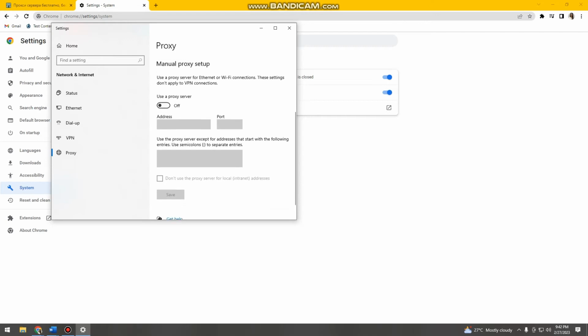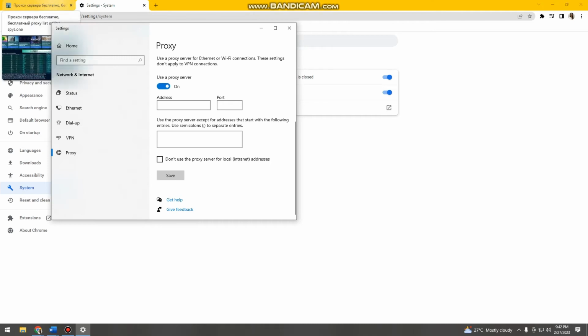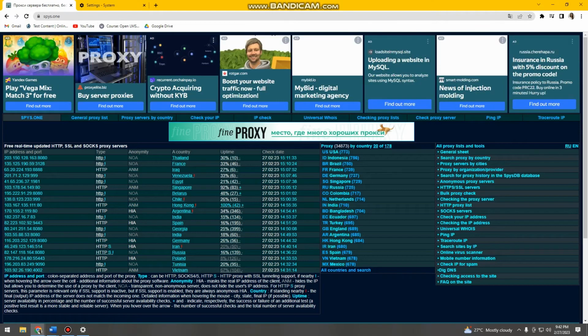and then here you want to scroll down until you see this Use a proxy server, then toggle the switch on, and then here you can see address and port. So you want to go back to the spice.1, and then here you can copy that one,